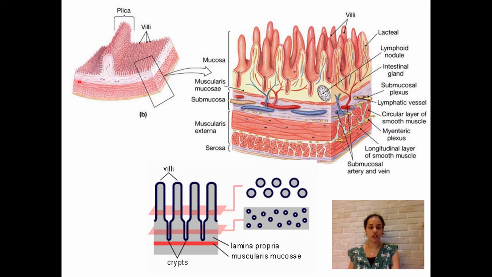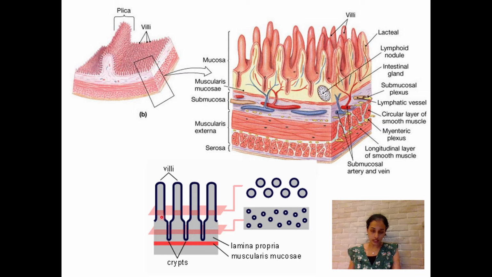Here in this picture you can see the folding, the permanent fold, plica circularis, which is a layer of mucosa and also the submucosa. That forms the plica. Villi are small finger-like projections which mainly have the surface epithelium and the lamina propria. Here also you can see these finger-like projections, the villi, having the surface epithelium and the lamina propria, the core of connective tissue. They have blood vessels and also lymphatic vessels, specially named lacteals. And these folds are more in number in the jejunum.